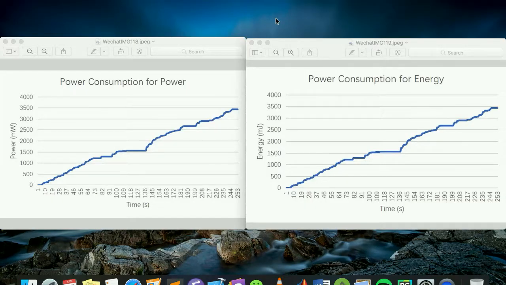In this part, we will introduce how to measure the power consumption for our Android application. We use the app PowerTutor to report our power consumption. After running PowerTutor, we can get a CSV file which contains the detailed information of power consumption, and we can use it to draw a picture of the power consumption and energy consumption. As you can see, the first picture is the power consumption, and the second one is for the energy consumption